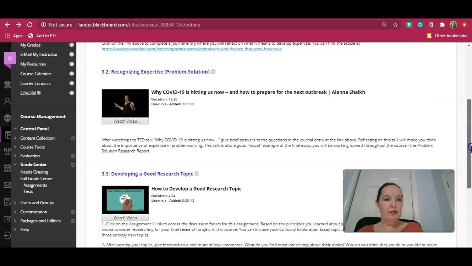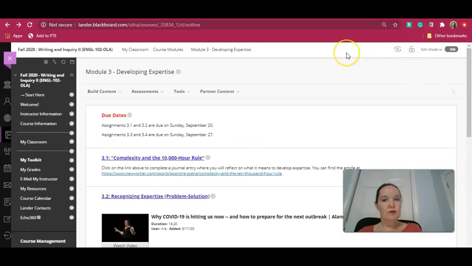Okay, so this is pretty much everything for this week. Just look out for your curiosity exploration essay feedback from me and from your partner. As long as you and your partner followed the instructions, you should both have feedback uploaded to your wiki pages. So you can go ahead and download that from the wiki page and you can view the feedback. If you cannot find the feedback from your partner, please let me know. We'll get it figured out.